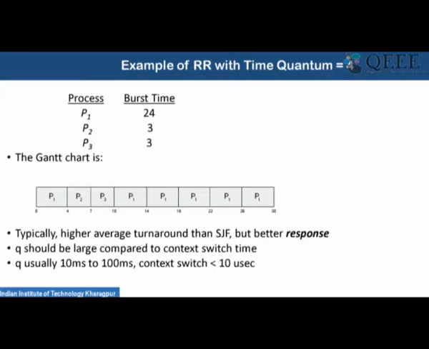If the time quanta is 4, then you first schedule P1. P1 will execute for 4 seconds, then P2 comes. P2 gets 4 seconds to execute, but P2 has a duration of 3 seconds, so it executes for 3 seconds. Then comes P3. P3 again executes for 3 seconds. Then again you take P1. P1 executes for the next 4 seconds. After that there are no other processes, so P1 will continue its execution for the remaining time quanta.